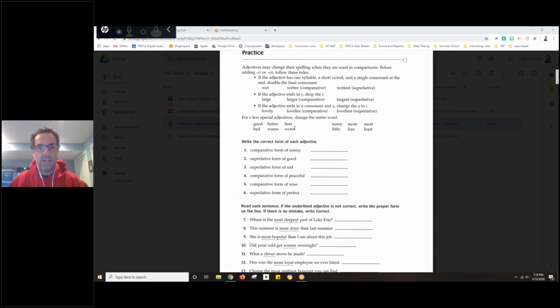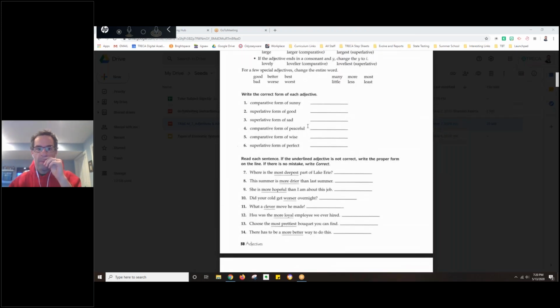And then it has some special adjectives where you have to change the entire word. So good. If you have an apple and you say, this apple is good, and then you try another one, you don't say this apple is gooder, right? That doesn't make any sense. You would say this apple is better. And then if you have two more apples, let's say you eat 4, you're not going to say this one is the goodest. You say it's the best. Those are special examples that you have to keep in mind. I'm sure they'll test us on that when we go through 1